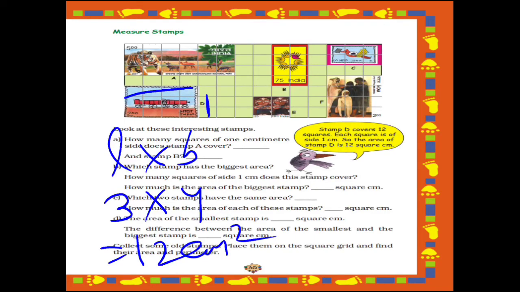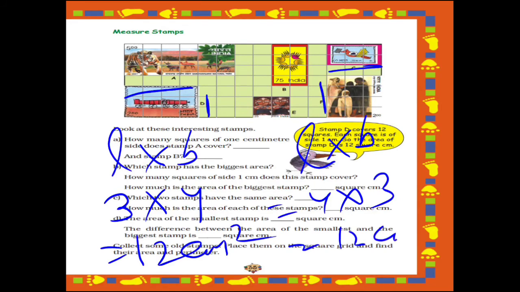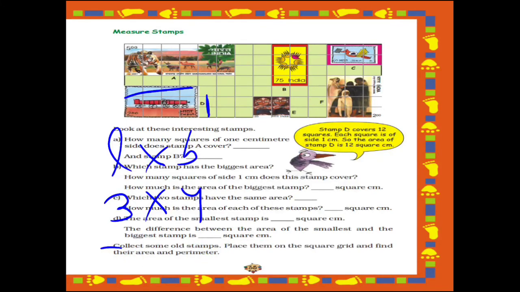And for F, again the formula is length into breadth. Again put the values of length and breadth. Here length is 4, right? 4 squares are there, and for breadth there are 3. So 4 into 3 will be 12 square centimeters. So they both have the same area. So this thing you again have to write in a notebook. I hope this is clear.